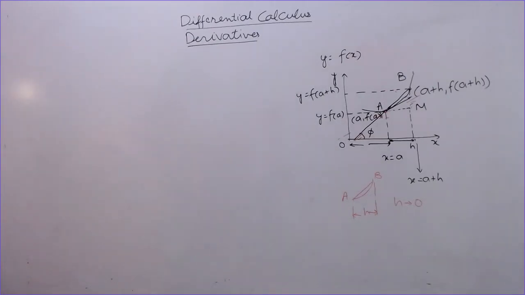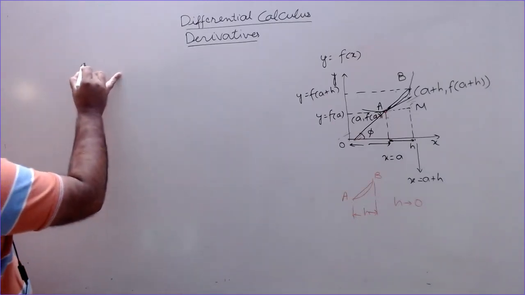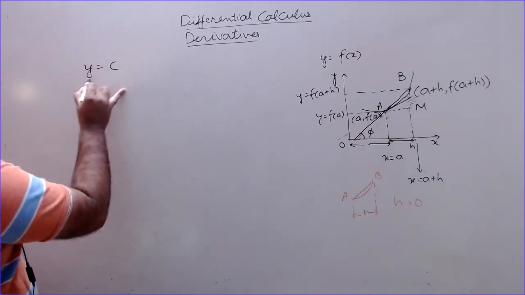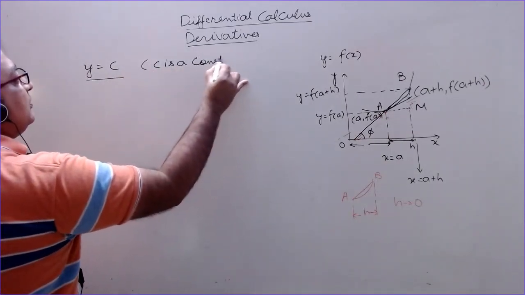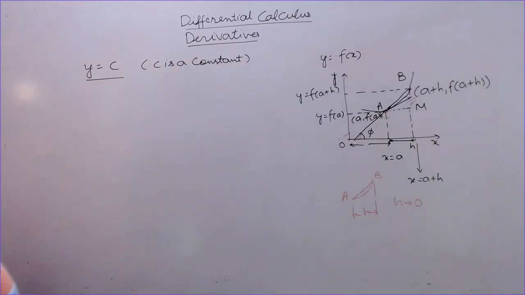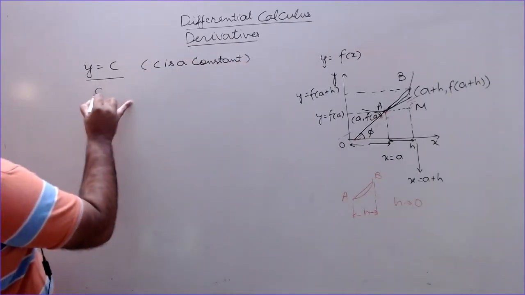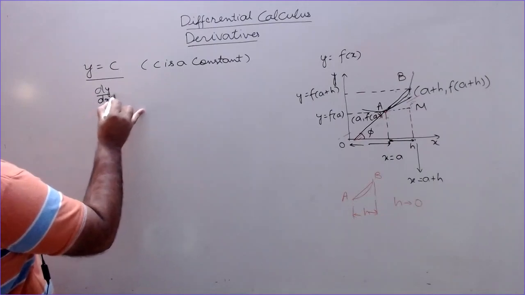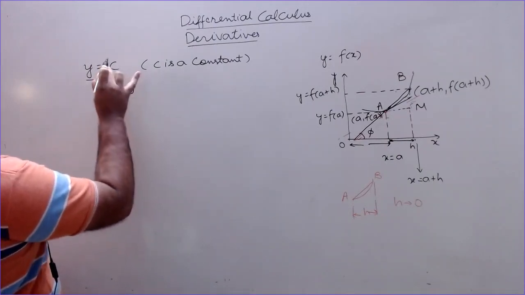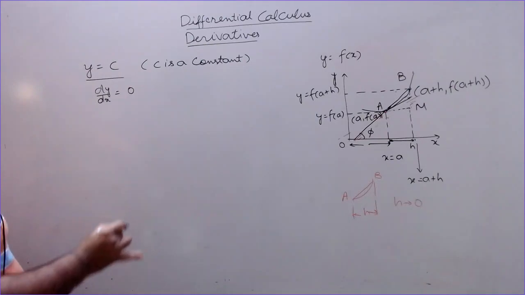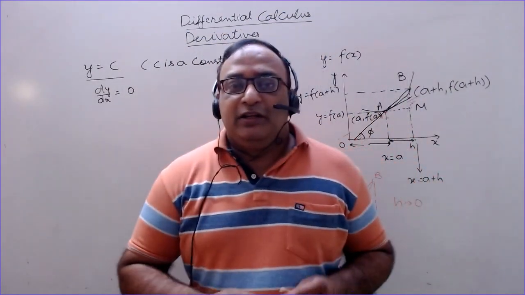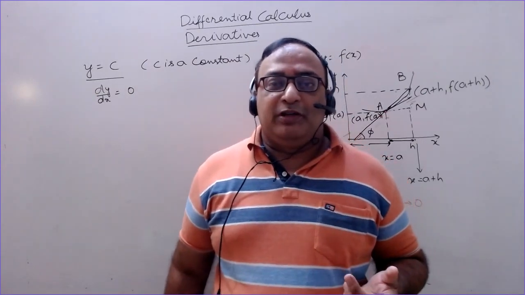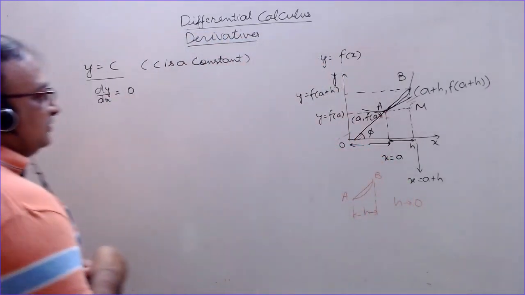Now there are different types of functions. A question arises that for a function y is equal to c, where c is a constant, what is the value of the derivative? You all know that dy by dx is equal to 0 for y a constant function. So why does the derivative for a constant function become equal to 0? The answer is